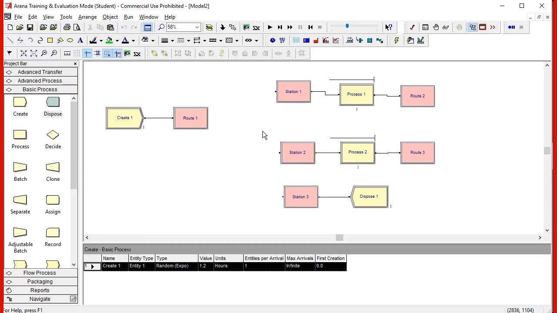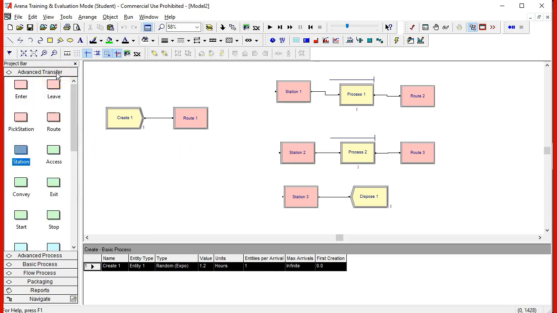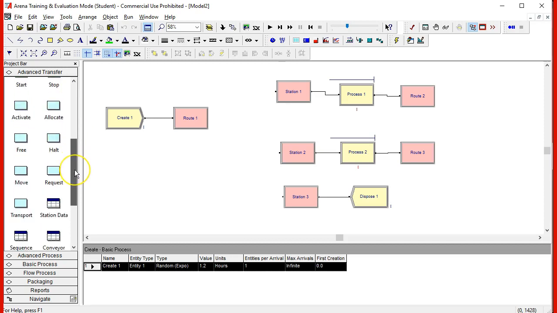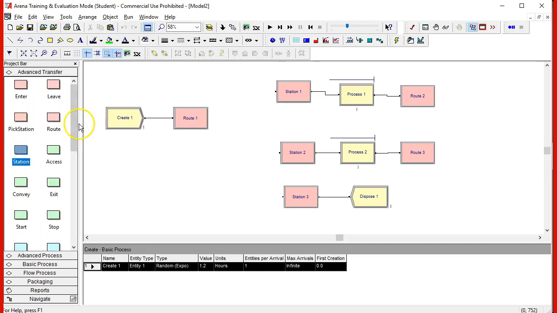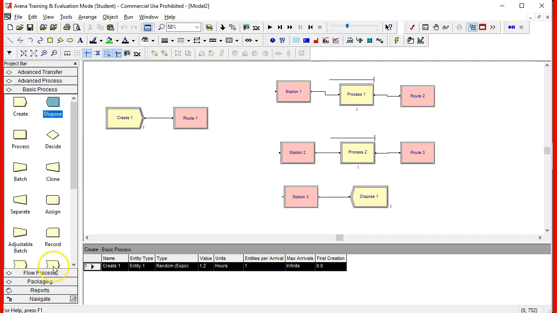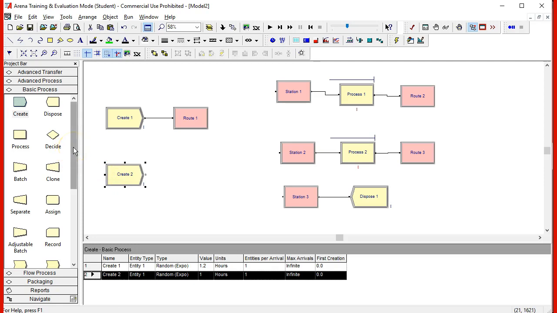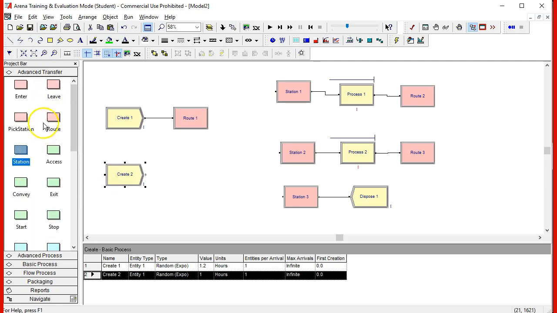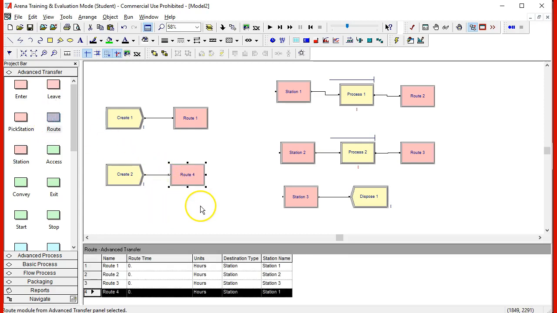Now we can change all the routes to leaves, but before we do that, let's include another entity. We create another entity which also will be transferred using routes. Okay, now what we will do is